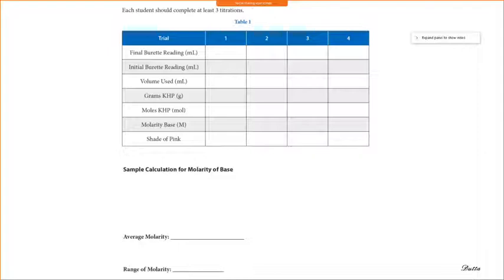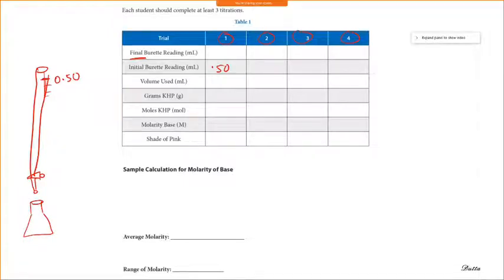So how do you complete it? In the actual lab, you could have done 3 or 4 trials. Trial 1, trial 2, trial 3, trial 4. At the beginning, you're going to write the final volume. But you don't know the final yet. So you need to set up the burette first. You have the burette, and let's assume that at the beginning you have 0.50. So I'm going to write 0.50. That's the beginning. Then you do the titration. So you have the flask here, and then the final VF. Now you have the light pink color. You're going to look at the color. So what is the final? Let's assume that I have